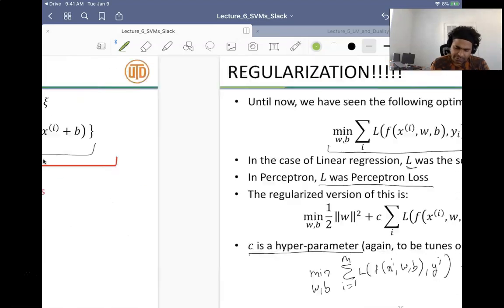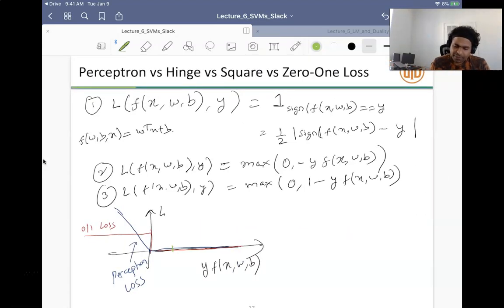So imagine that y multiplied by f of x comma w comma b is, say, half. If it's half, then the max of 0 comma that quantity will be positive. So if it's anywhere less than this, I start having an error. So what it means is that the hinge loss